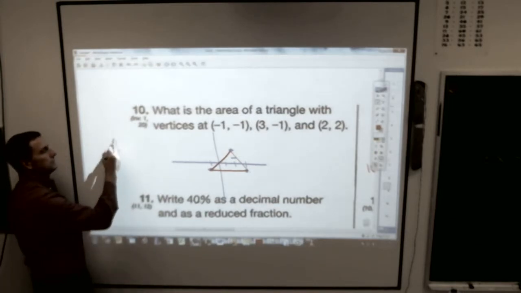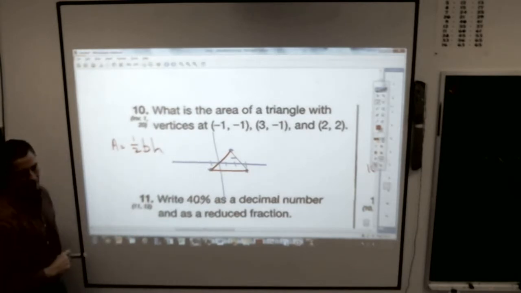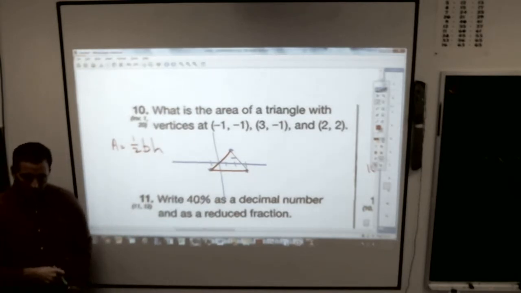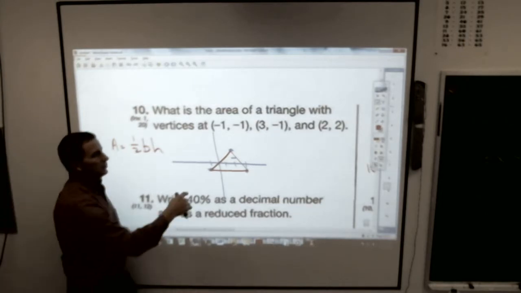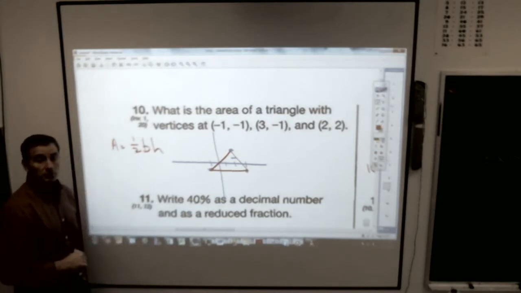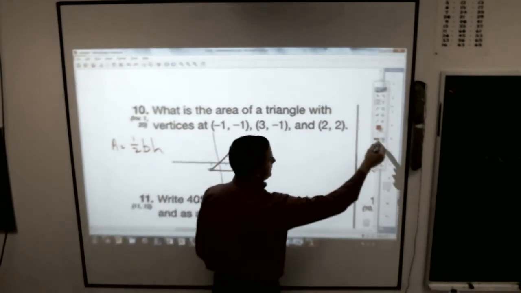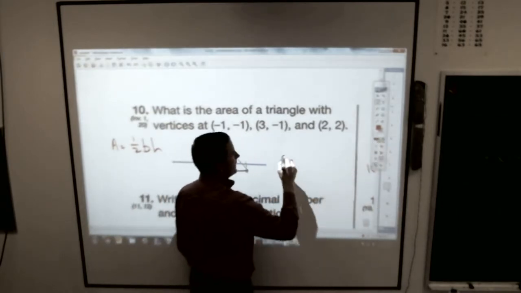Wade says one half base times height. One half base times height. And then I would think to myself, base and height have to be what, Tyler? Right angles. You cannot assume this is a right angle, and it doesn't really matter if it is. You are your own boss, and you can figure out where that right triangle is. The note I would leave to myself is this: you can find the height